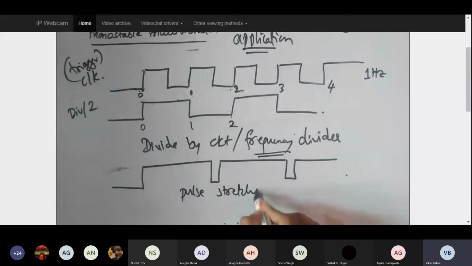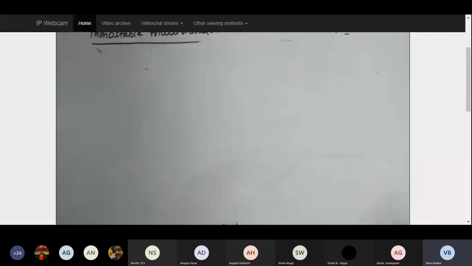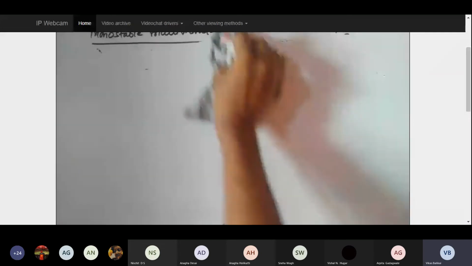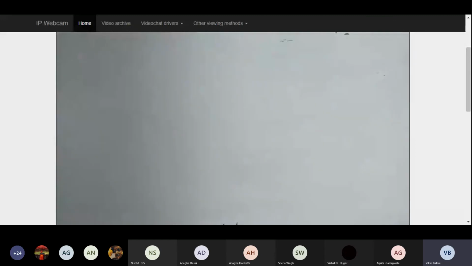So here the main thing to remember is how we are going to utilize the SR flip-flop in this entire circuit, and how the comparator is going to compare. That is my second point. And third is when the capacitor is going to charge and discharge. And the fourth is when that BJT is turning on and off. Keeping that in mind, I start my operation. That's how my monostable multivibrator is going to give me different square waves of a different nature. So we'll do one thing. We'll try to get the operation of the astable multivibrator in the next class.